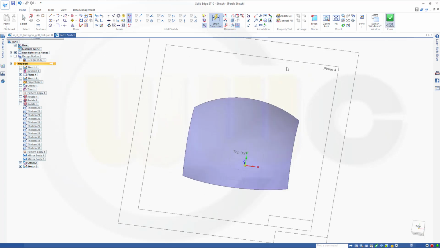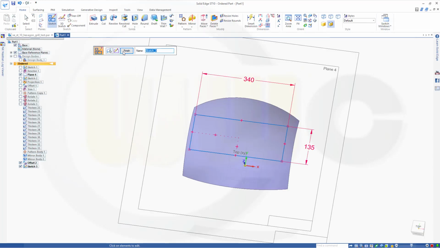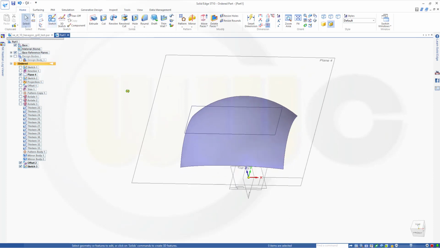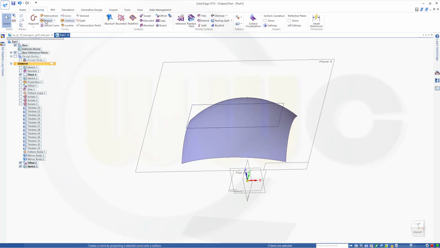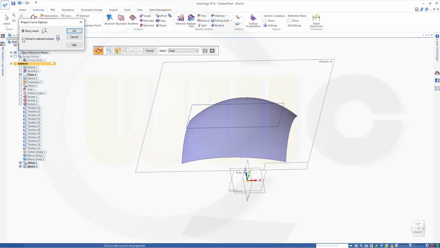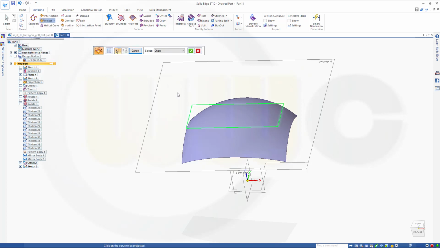Close that sketch. Finish, cancel this out, and now I want to project that one onto that surface. So go for surfacing, project, make sure it's normal. Okay, and I want this sketch to be projected onto that surface. Finish, cancel this out,